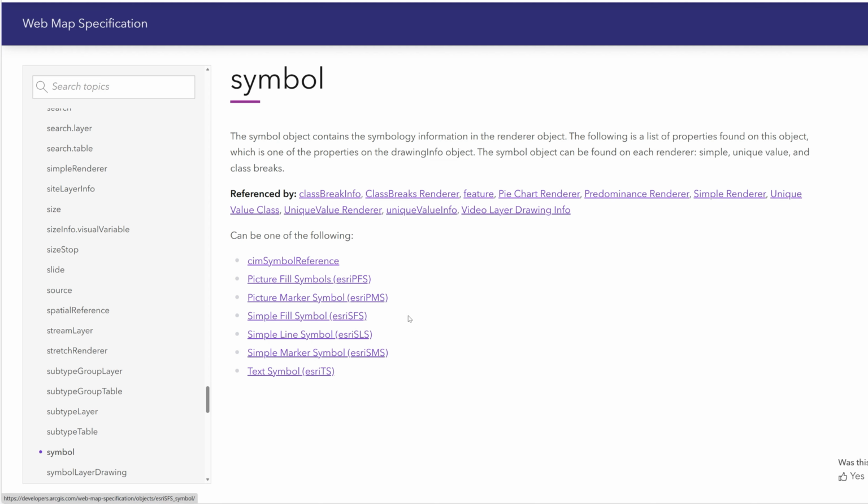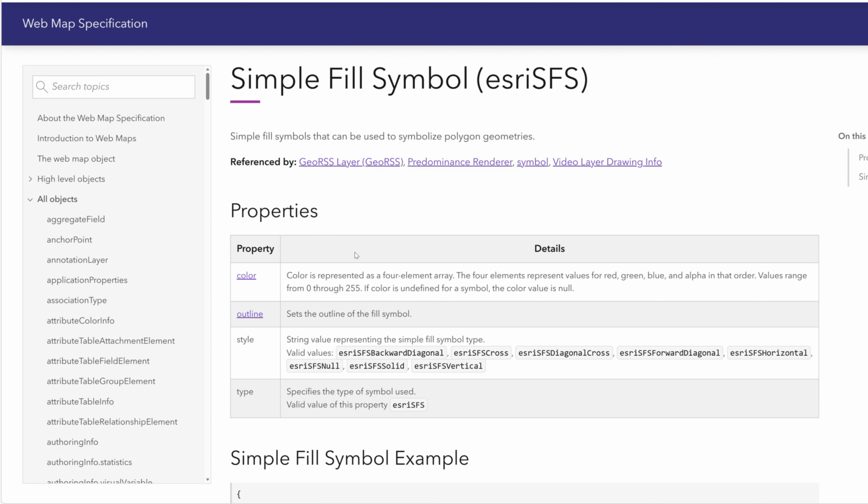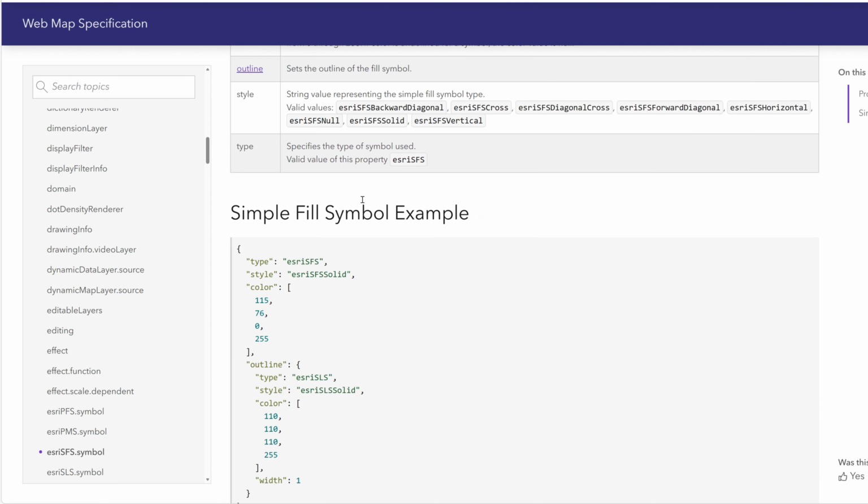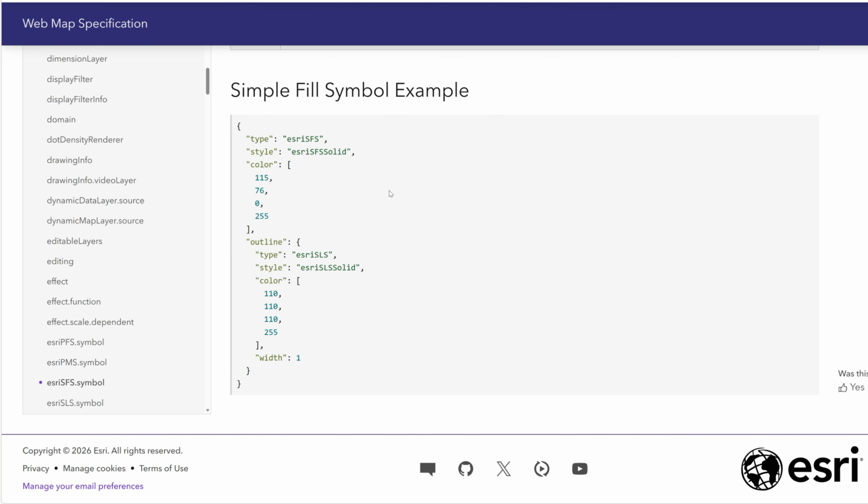We have our simple fill symbol for our polygons and our simple line symbol. And if I click into any of these, I'll click into the simple fill symbol. You can see how we create our JSON for each of these. Another great alternative for seeing how symbology works is to do it manually in ArcGIS Online and then export the JSON and interrogate it. Let's head back to our script